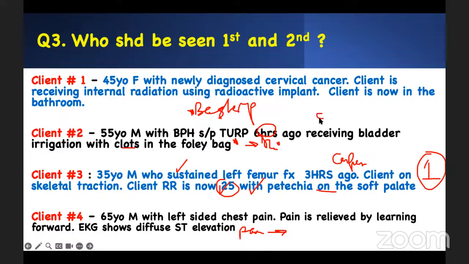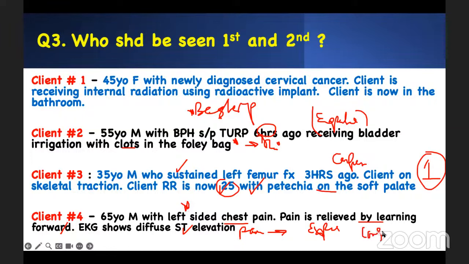Number 2 is an expected finding, so I'm not worried about it. Number 3 is also expected. When you have chest pain and when you lean forward, it goes away, and your ST elevation goes up, that is consistent with pericarditis. Don't get confused with the chest pain. This is all pathophysiology. If they give you a pericarditis patient, you only worry about that patient if they develop